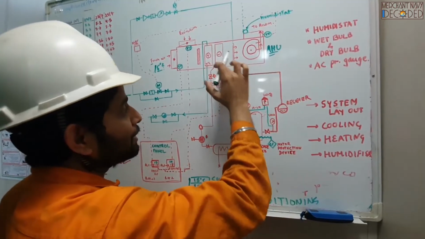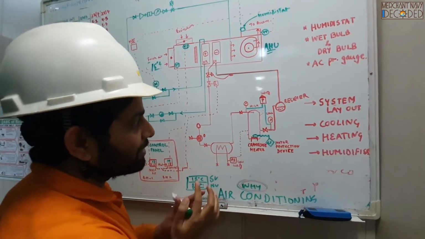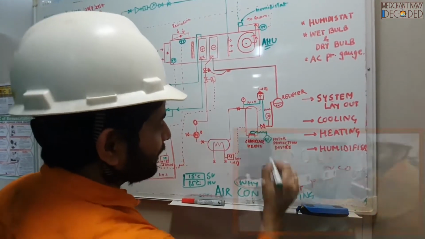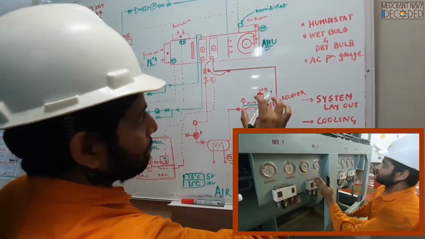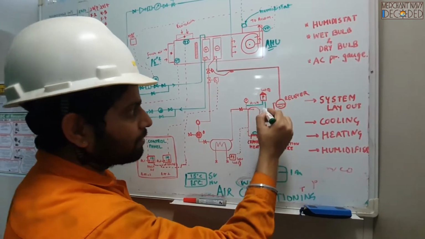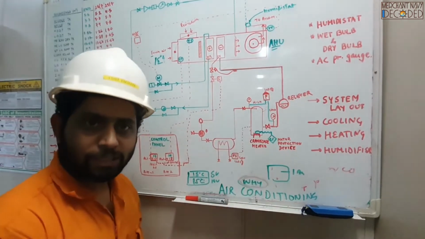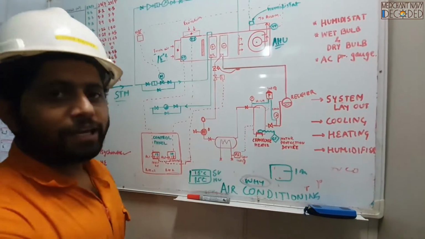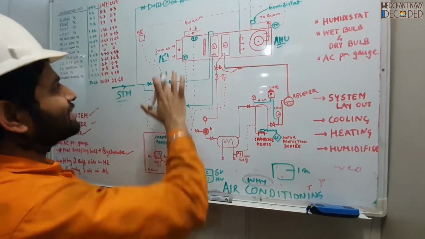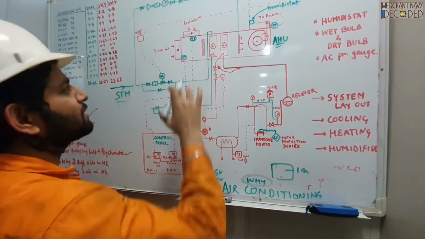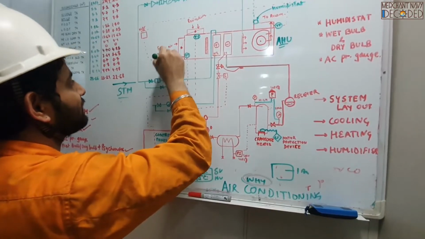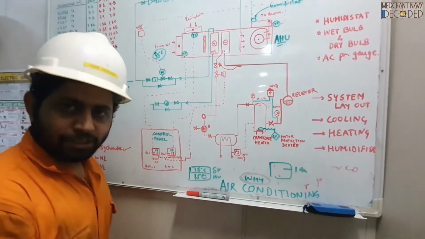your suction pressure will start reducing. This pressure is going to reduce, and when the pressure reduces, the pressure switch comes to 1 bar. The pressure switch says, oh, it is 1 bar now. That means I have to cut off the compressor. So it cuts off the compressor, and now my air conditioning system is not in use. Another thing is, one day I see, okay, now fresh air is not in use, I'll put recirculation in use, because the outside temperature is 35 degrees centigrade, but I want to put recirculation in use.